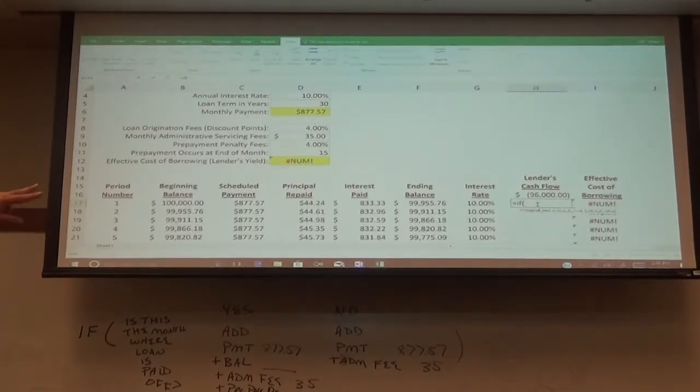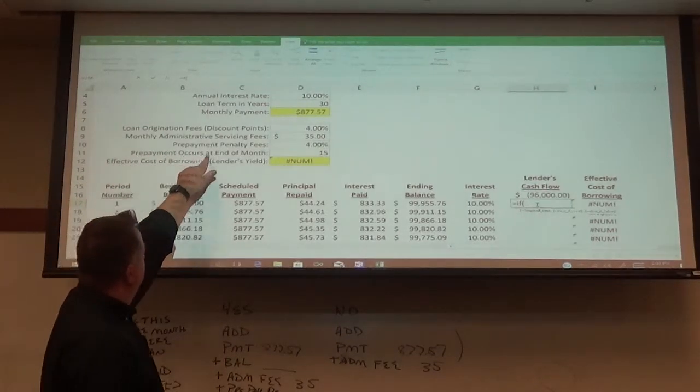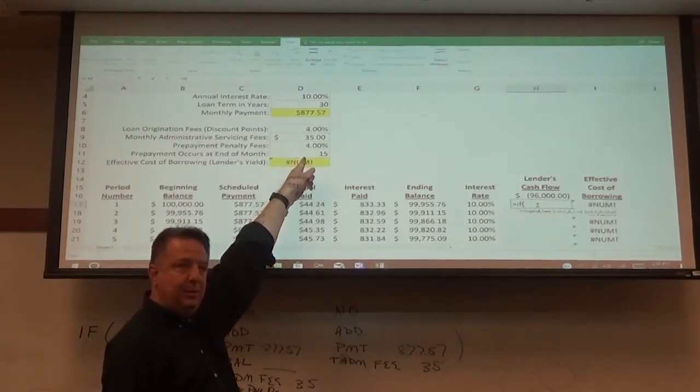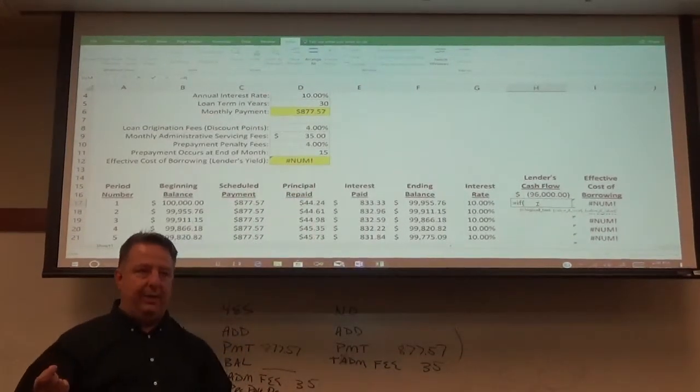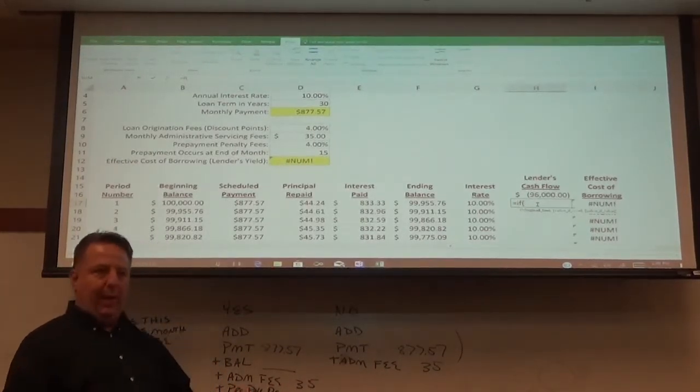Okay, so the first piece of this is the logic test. Well, what is the logic test? Is this the month where the loan is paid off? Okay, so how do we accomplish that? Okay, think for a second. What cell tells us where the loan is being paid off? Prepayment occurs at end of month 15, yes? Yeah. So this is the cell that tells us when the loan is being paid off. Yes? Yeah. Okay, so